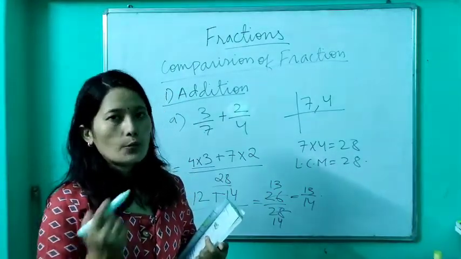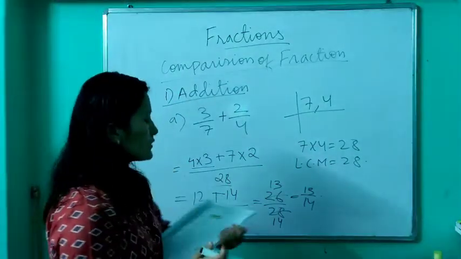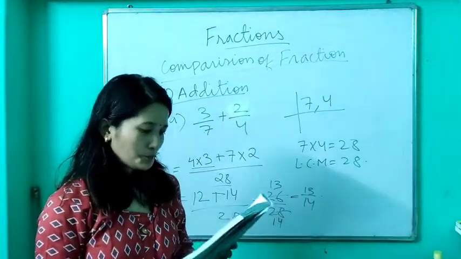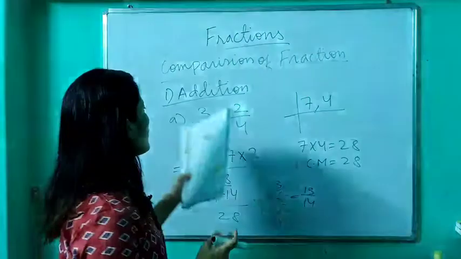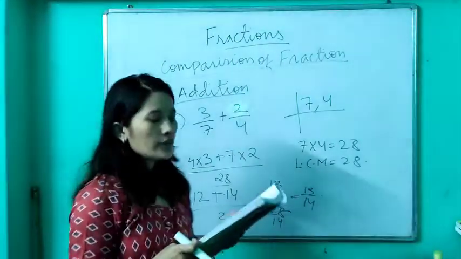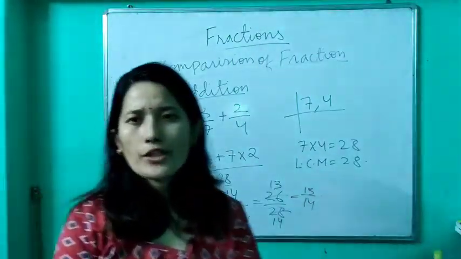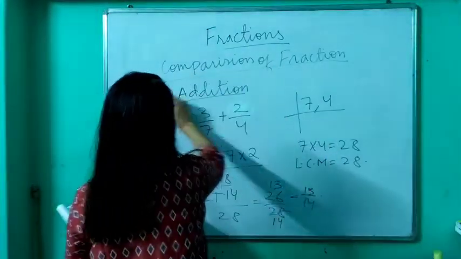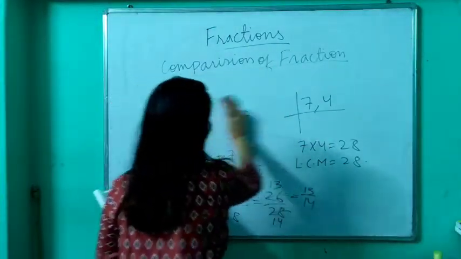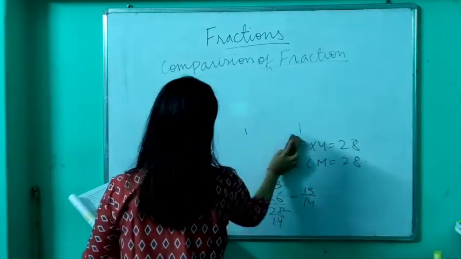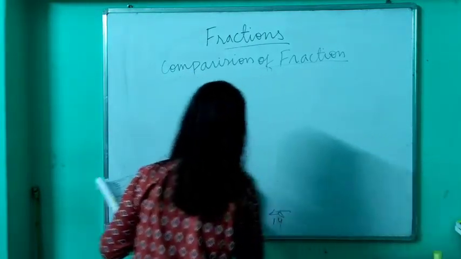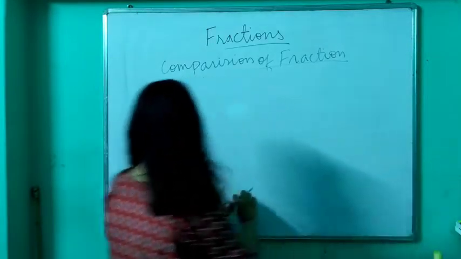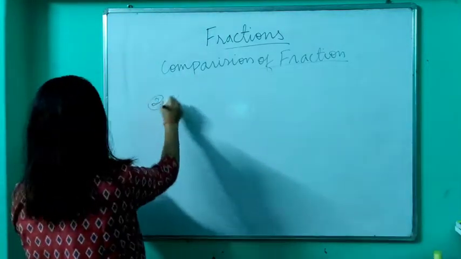Okay, so I hope you understood how to add the fraction. Now, this one was when you were given either an improper fraction or a proper fraction. Now if you have a mixed number or mixed fraction, how do you add it? Only one step is added to this. So let's go to question number 2.